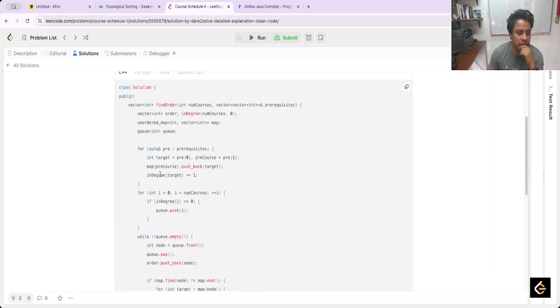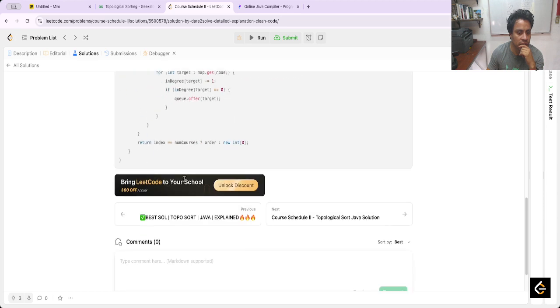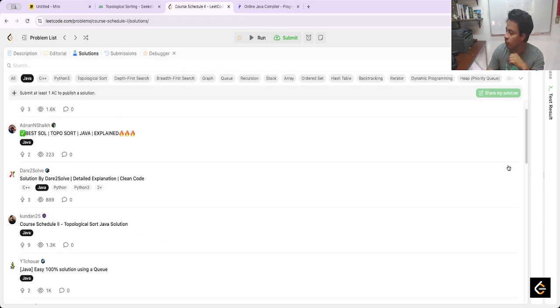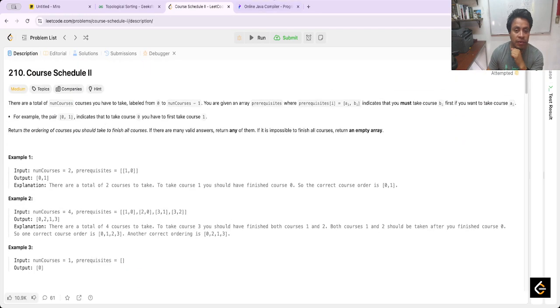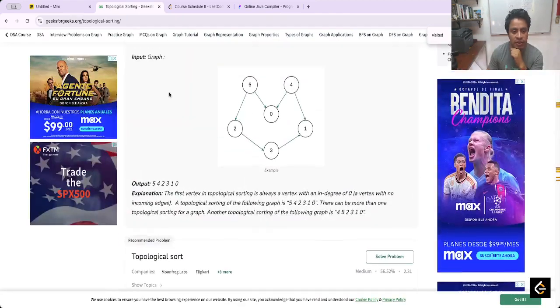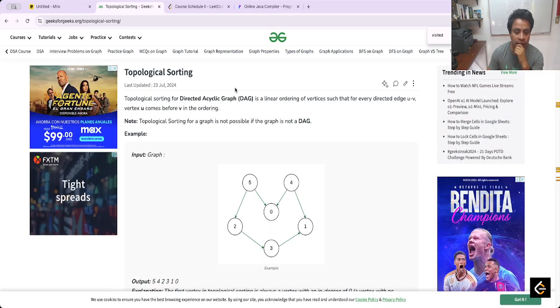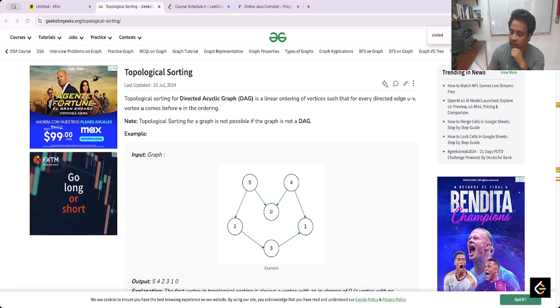Oh wow, this solution is much better. Well, I will try in maybe a few days to resolve this problem again, but before I will study a little bit more. We start to study the topological sorting. But well, thanks for following this